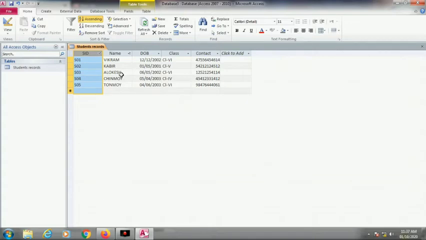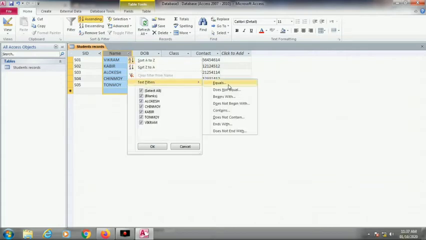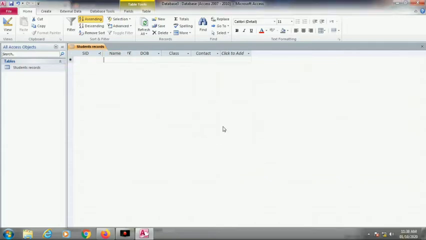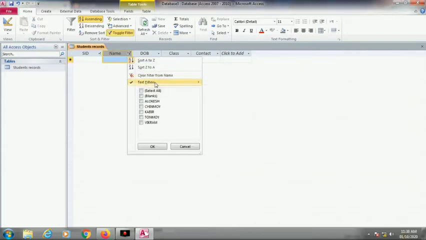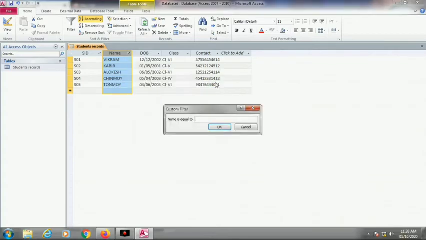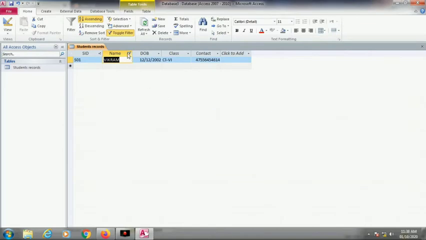Then next is our filtering. Suppose here you want something particular, suppose the text filter is there, equal to, suppose, letter V. If I give V, click on OK. It doesn't match, one minute, because I have to write the complete name, otherwise it will not appear. So I have to write text equal to any name. I can write Vikram, suppose V I K R A M. Then after that click on OK. So Vikram will show. This is the text filter.